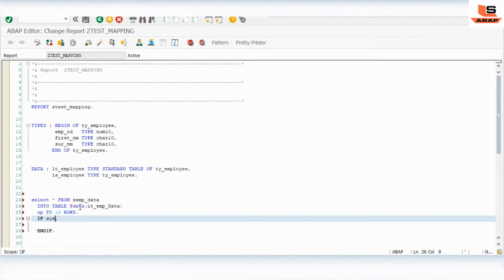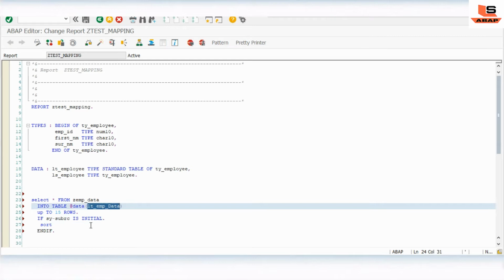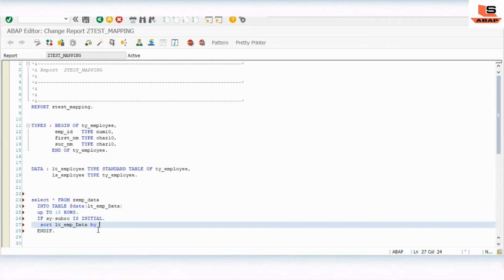If sy-subrc is initial, then I will sort this table by the key field. Now as you can see, we have extracted all the data into this employee table.